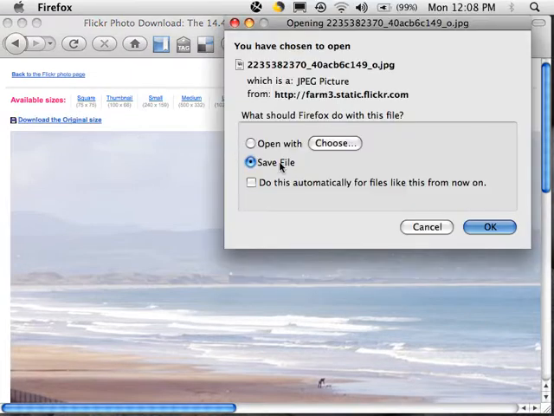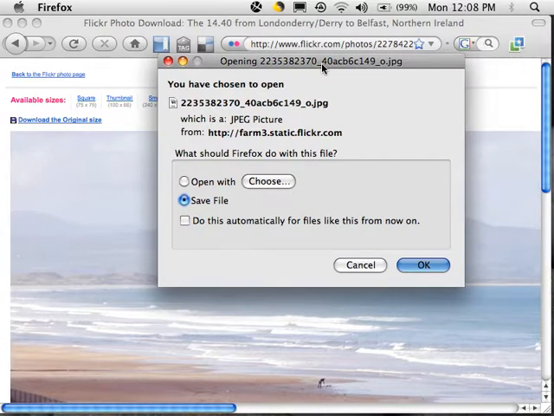And depending on your web browser, you may see a different message, or the way that you download it may be different. It may automatically download into a folder, but on my computer it brings up this dialog box, and I'm just going to save the file and click OK. But before I do, I usually take a look at